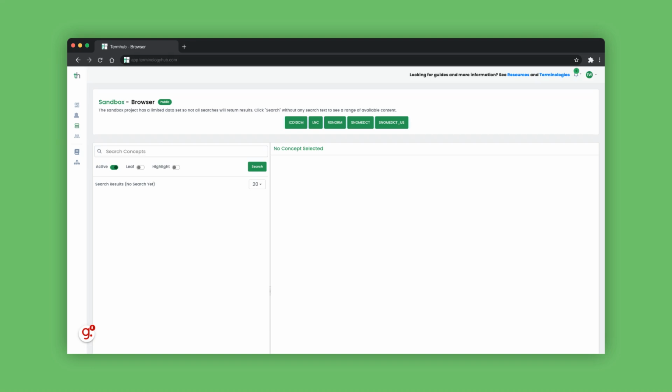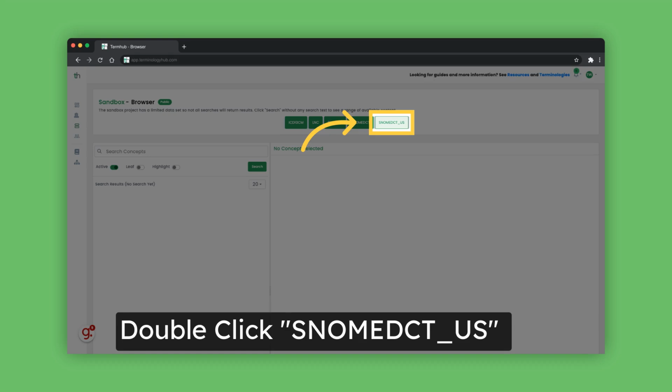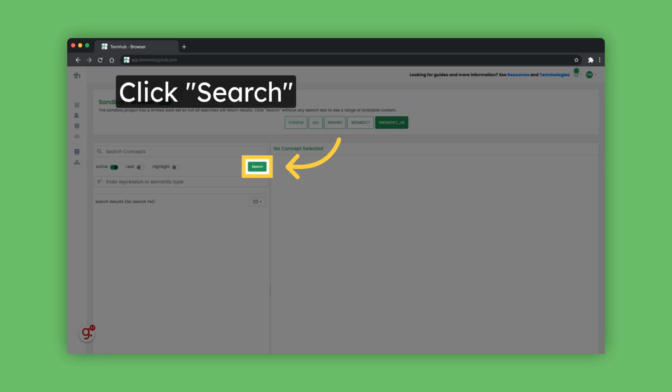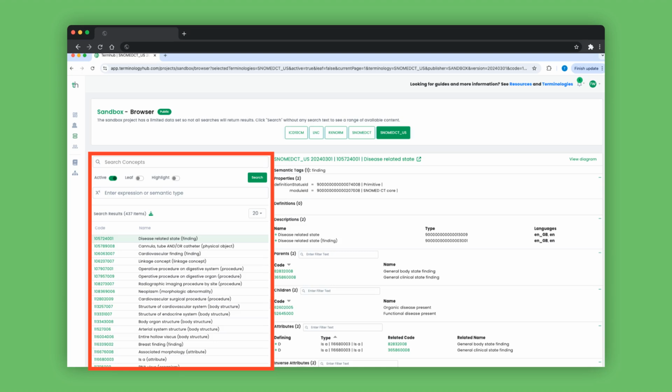When you first browse a project, by default, all the terminologies and their versions will be selected. Double-clicking on one of the terminologies selects only that terminology. Search only on SNOMED CT US by clicking the SNOMED CT US button. Initiate a search by clicking Search. Just search on a blank Search Concepts field and you can see that we have 437 concepts from SNOMED CT US